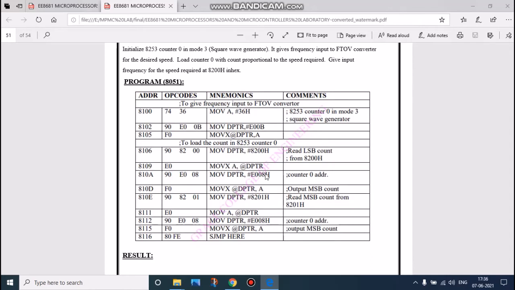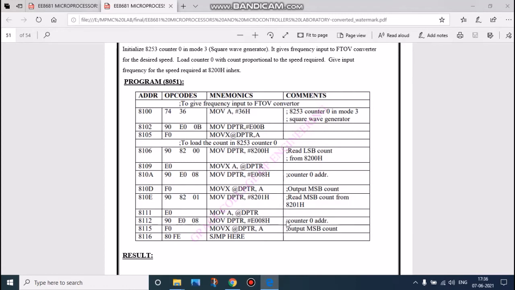This is a very short program. First we initialize the 36 hexadecimal value to A, and we initialize the data pointer, and move the accumulator value to data pointer. Then we move the address 8200 to data pointer value, then move the data pointer value to accumulator, and we add the counter.